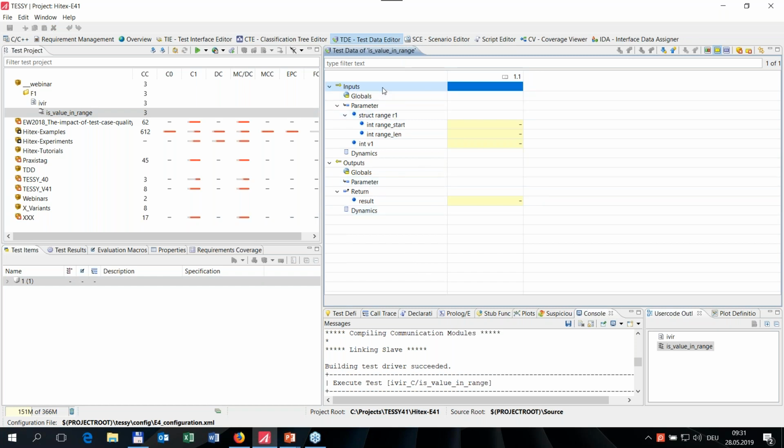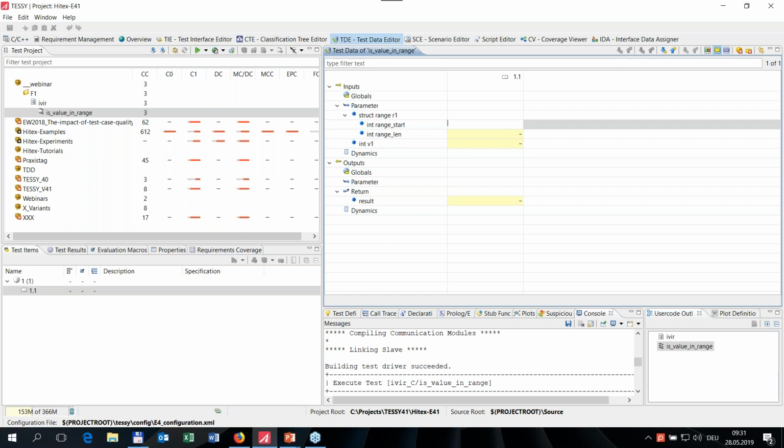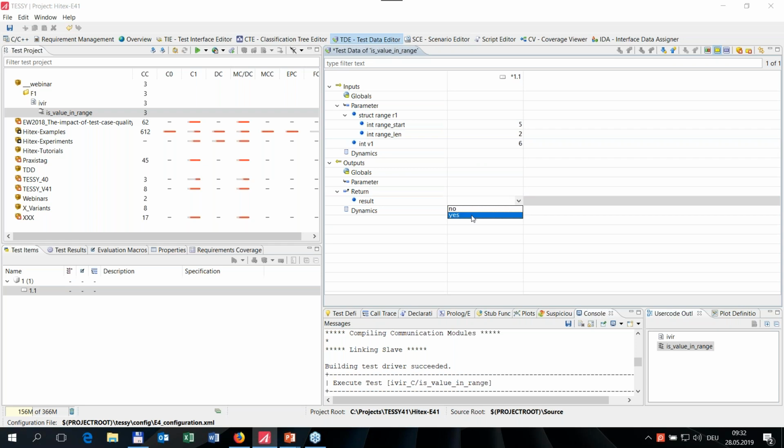The upper part of this column are the input variables, and the lower part are the output variables, and the yellow fields show me where I have to specify values. I start by using the value 5 for the start value of the range and the value 2 for the length of the range, and I want to know if 6 is inside the range or not. And Tessy proposes two possible values for the return, and in our case, yes is the correct expected result for